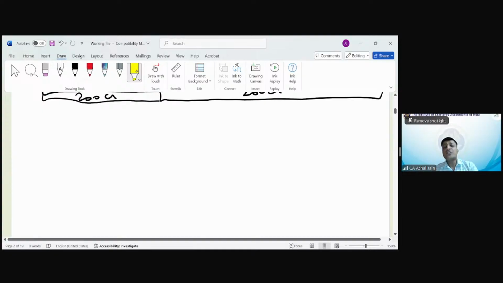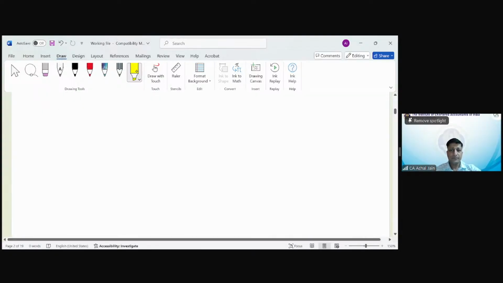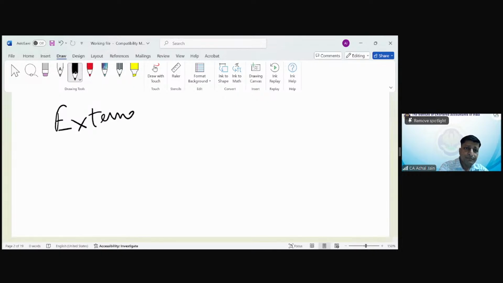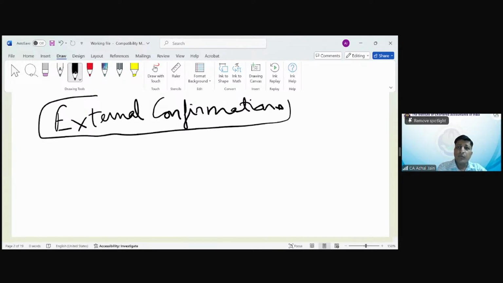Another point which is quite important in the context of audit is external confirmations. I think Ravi has a query. Before we move on to this point, Ravi, can you please